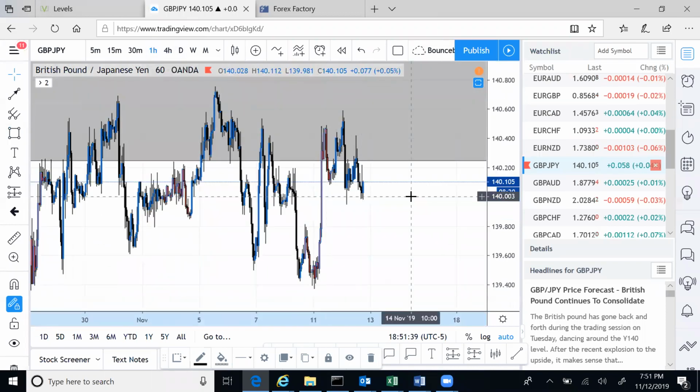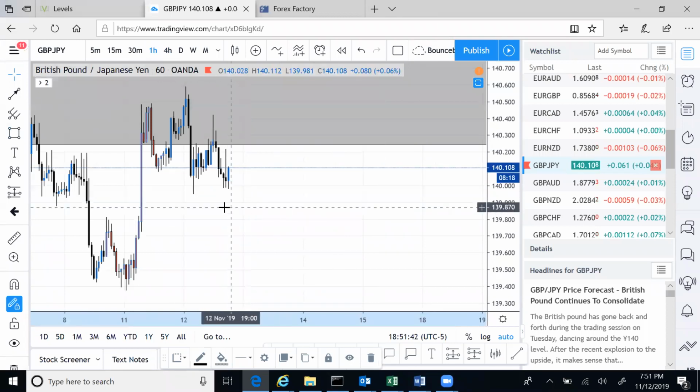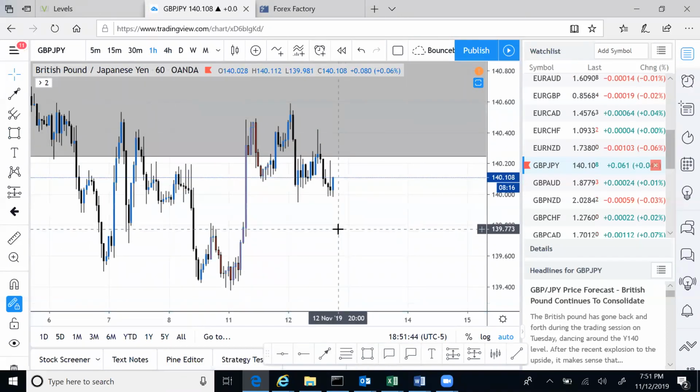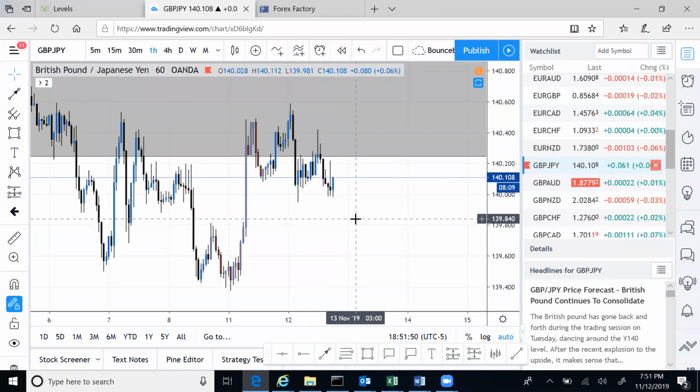But when I go to the 1 hour time frame, what did Karen see? Remember, you would identify the patterns on the 1 hour and the 4 hour time frame. If you don't see it on the 4 hour, look on the 1 hour and see if you see any.